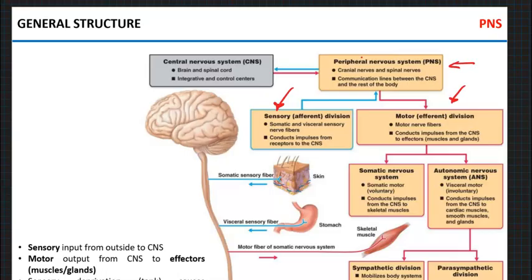I mentioned before that another term for the sensory is afferent. Think about this: when you're sensing something, it affects you, right? Now, the motor branch is called efferent,